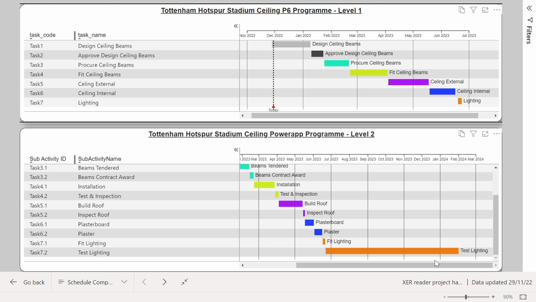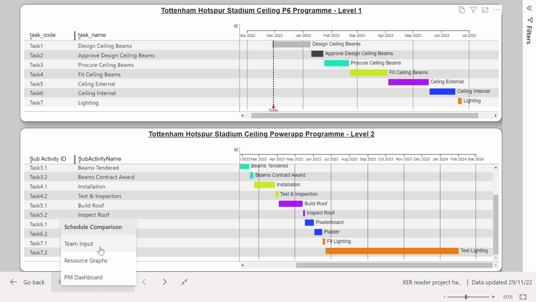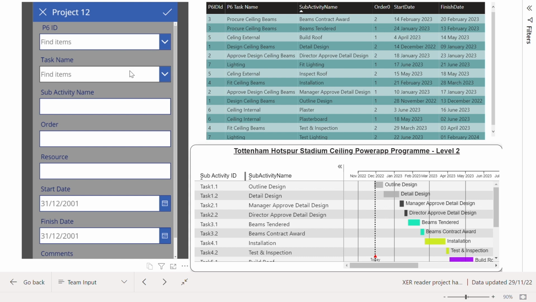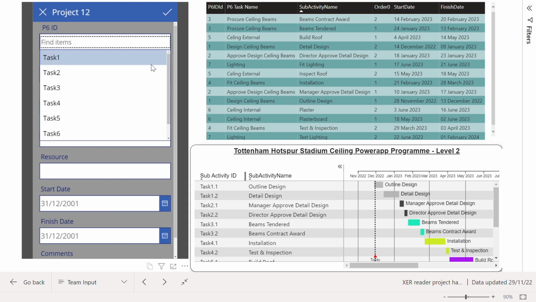Instead of relying on Excel exports, the top Gantt chart looks directly at a P6 XER file. The bottom Gantt runs from our Power App, which my colleague Shuab will explain to you now. As shown on screen, creating Power Apps, this allows the team members to input the view of progression on any activities by themselves. They can choose from their ID listed from the P6 schedule and pick the task name that